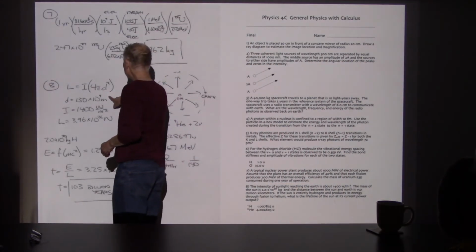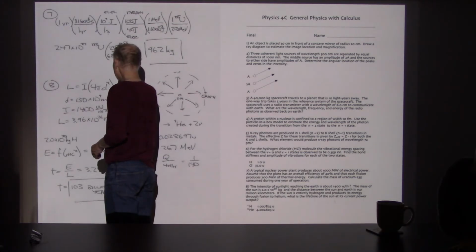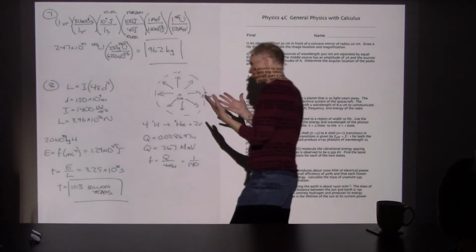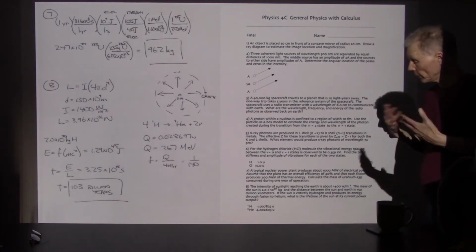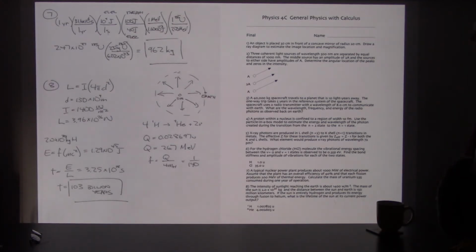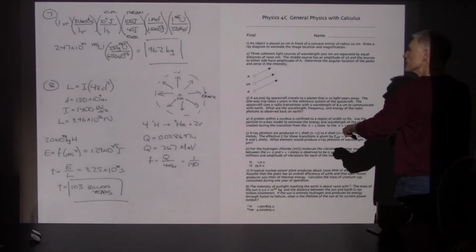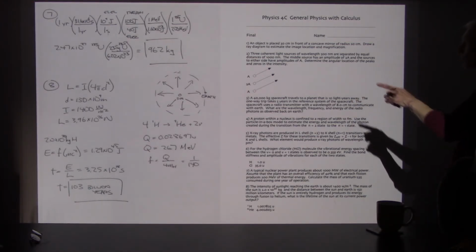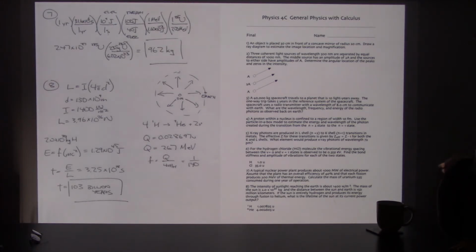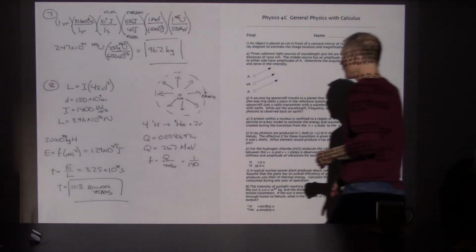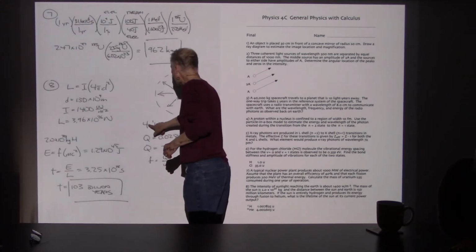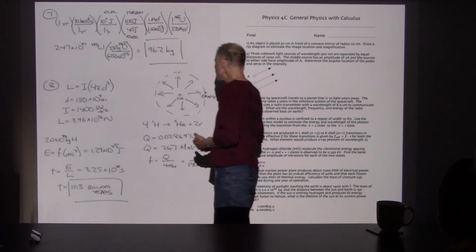So the distance was 150 × 10^9 meters. The intensity was 1,400 watts per square meter. Using this formula, I'm finding that currently the light energy that the sun is generating is very close to 4 × 10^26 watts. That is a lot of watts. Now the idea of this is if the sun keeps shining with that luminosity, how long until it runs out of fuel? So the fuel then is hydrogen-1, and you guys should know well from class, we looked at